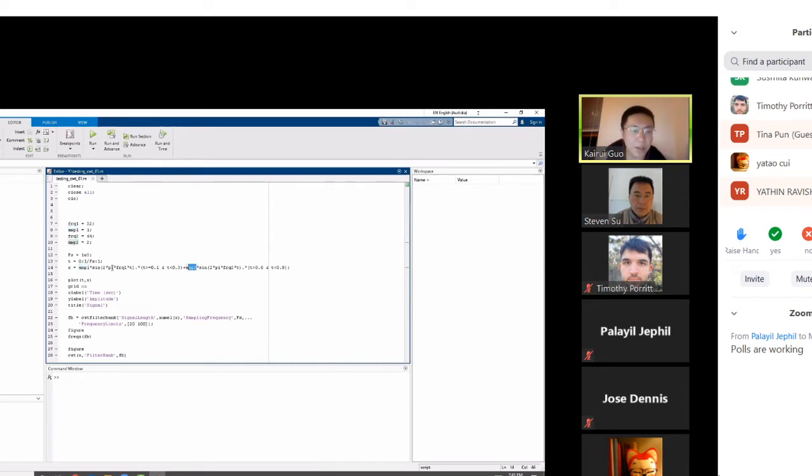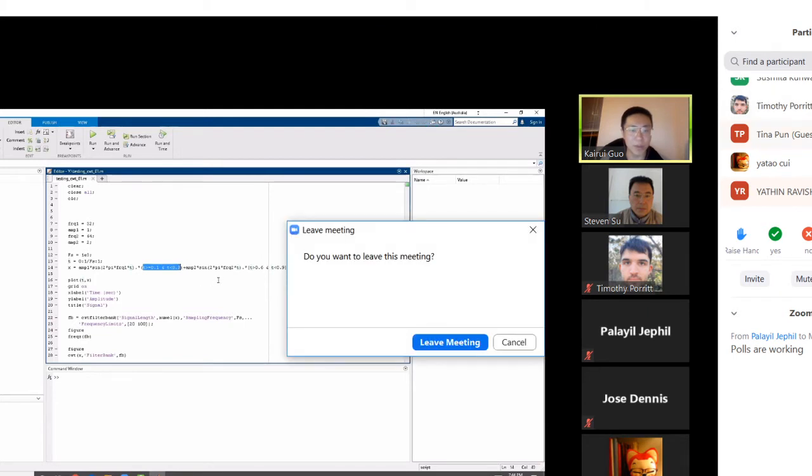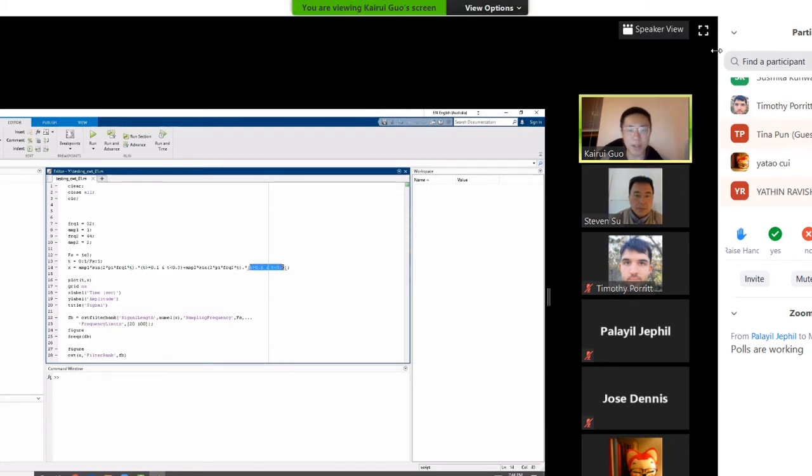Another thing you need to focus on is in the sine wave, you have frequency 1 and frequency 2, which are 32 and 64. That means you have 32 hertz in the first sine and 64 hertz in the second sine function. The first sine function is valid from time 0.1 to 0.3. The second sine function is valid from 0.6 to 0.9. And if we plot this thing,